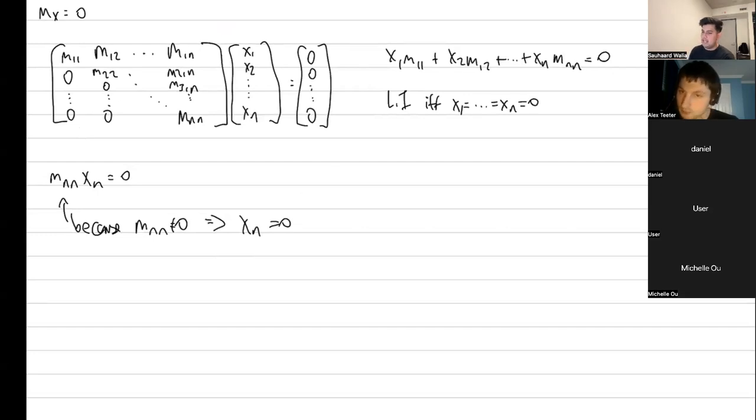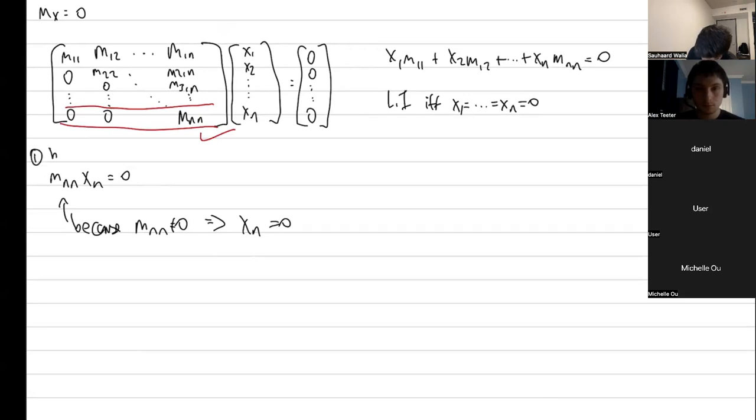We have to prove xn minus 1 is not equal to 0, and so on. And the way we're going to do this is, we've done the bottom row. Now we're going to look at the second bottom row. I haven't written it, but that will have the form. So I'm going to label this bottom row. And the second thing we're going to label is second to the bottom row. And that will have the equation